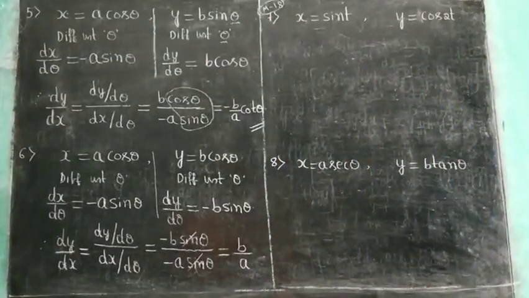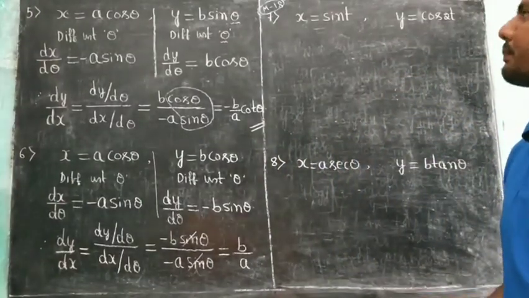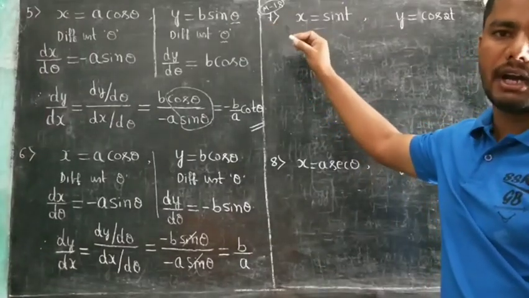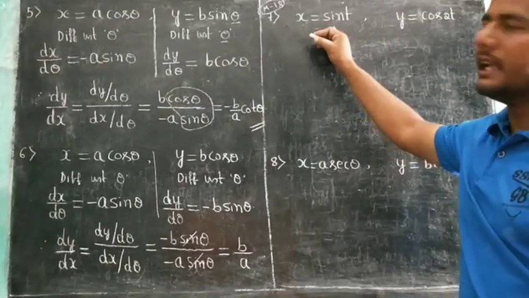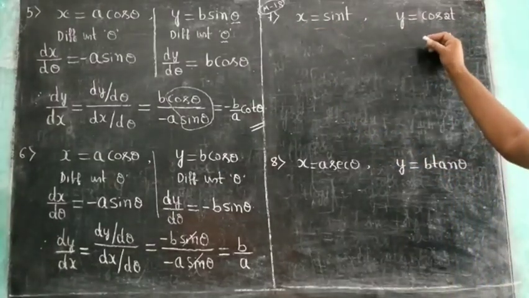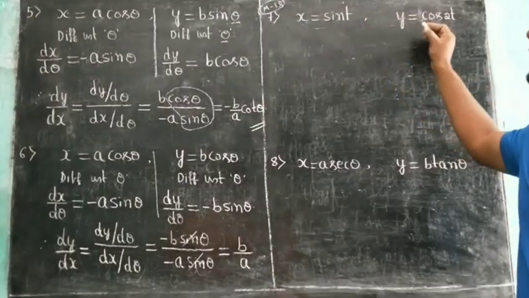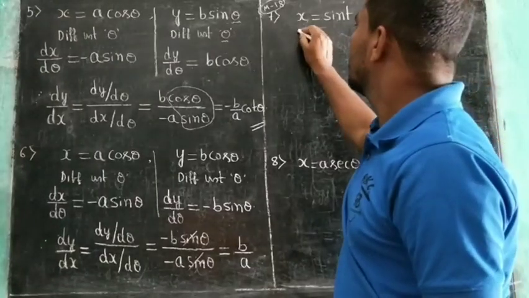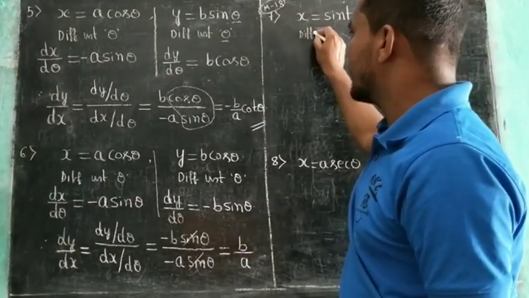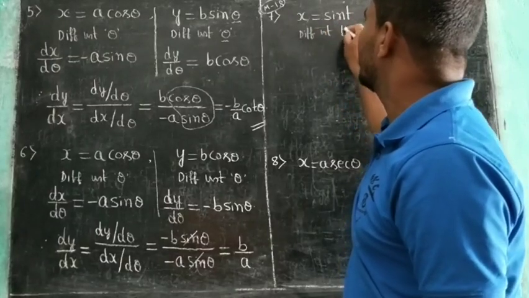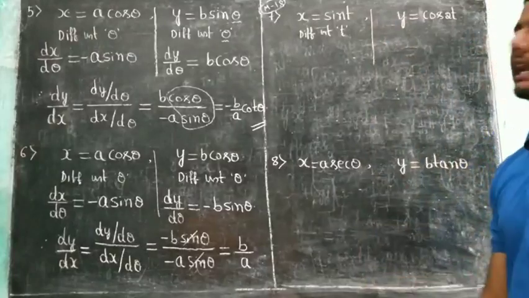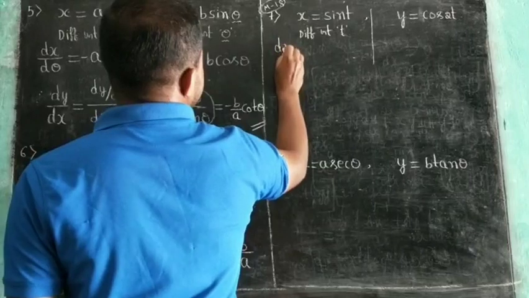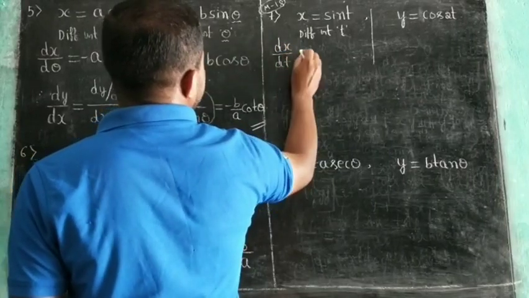Next one is the important problem. This problem appeared in March 2018 for 3 marks. If x is equal to sin t, y is equal to cos 2t. Here the parameter is t, so differentiate with respect to t. First one, write the problem once and then differentiate with respect to t. What is the derivative of x with respect to t? That is dx divided by dt is equal to,